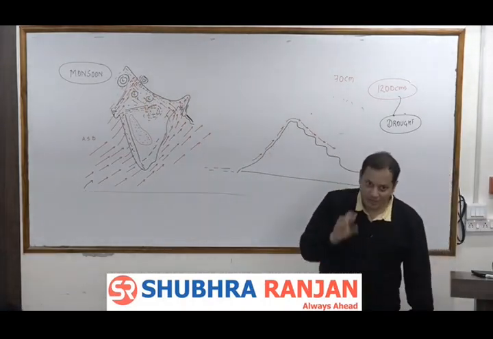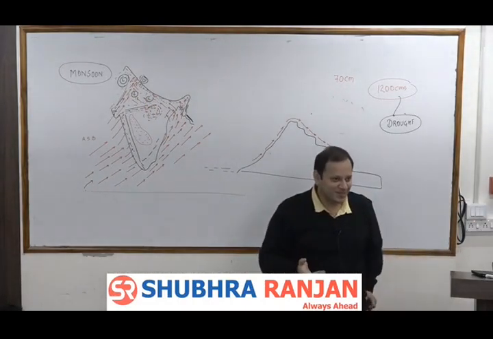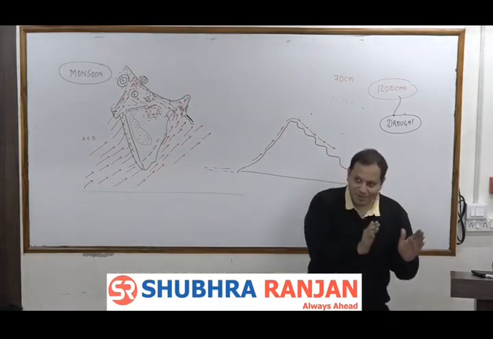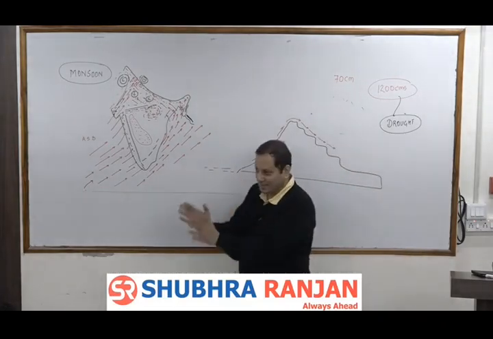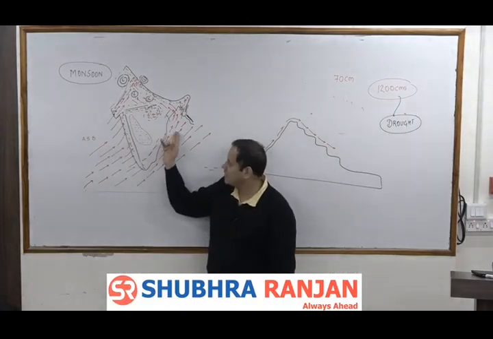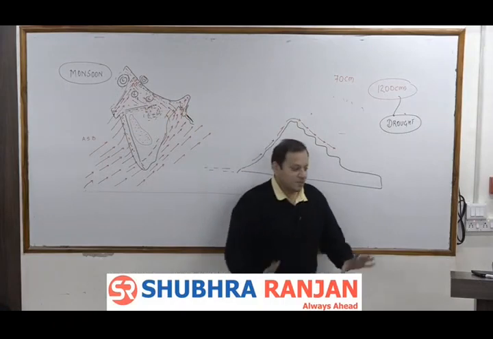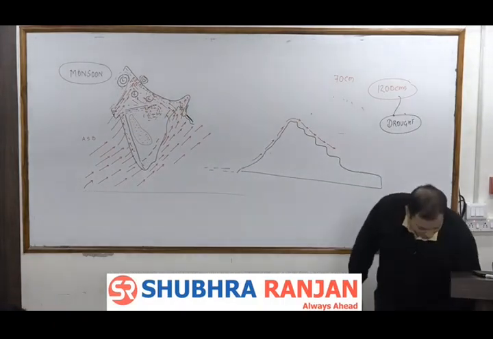अब वहाँ पे लॉजिक क्या लगता है, एक ही कोई स्टेटमेंट राइट हो सकता है, दोनों कैसे राइट हो सकते हैं? They are asking you about the Bay of Bengal branch and they are asking you about the Arabian Sea branch. अरेबियन सी ब्रांच में the rainfall decreases from west to east, बे ऑफ बंगाल ब्रांच में the rainfall decreases from east to west. But still major part of India now has